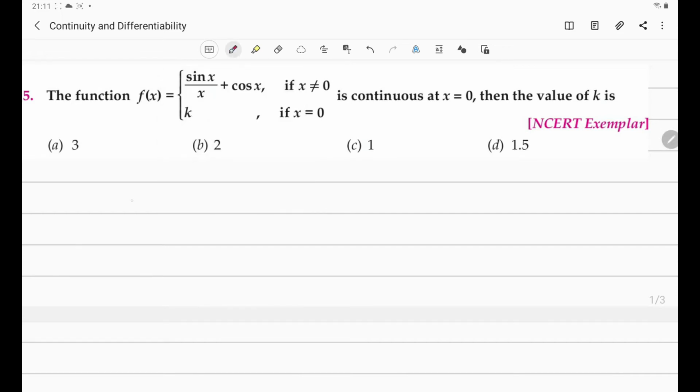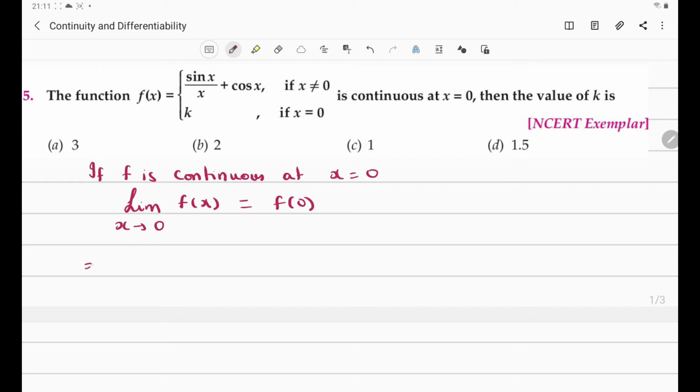So, limit x tends to 0, f of x should be equal to f of 0 if f has to be continuous at x equal to 0. So, if f is continuous at x equal to 0, then this should be the condition. So, let us simplify this. So, limit x tends to 0,